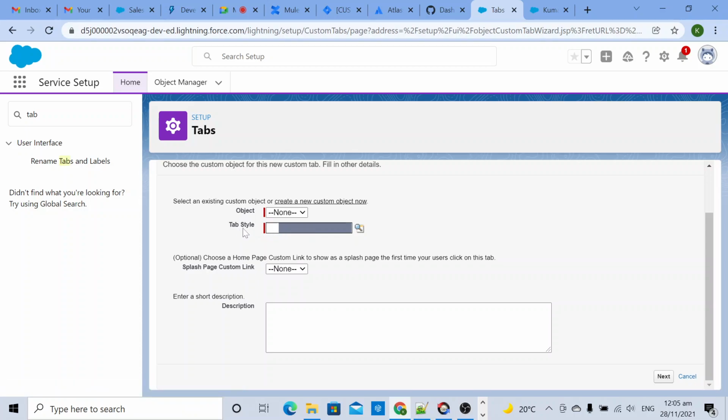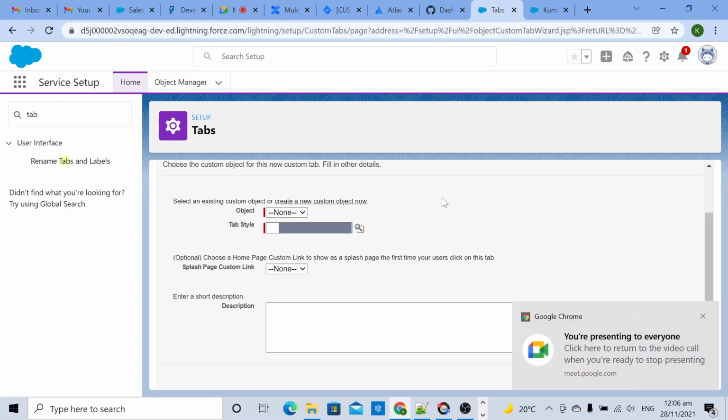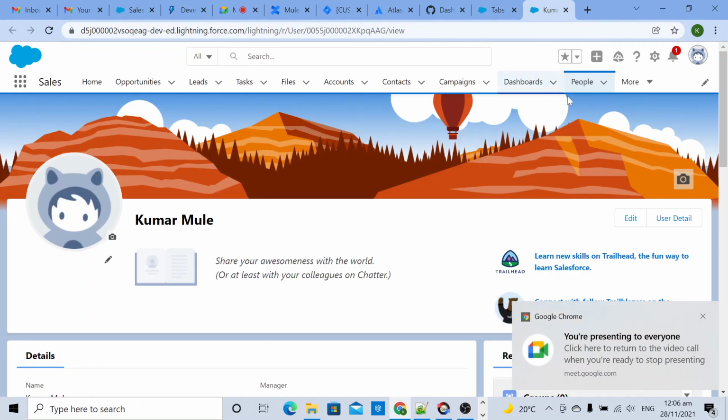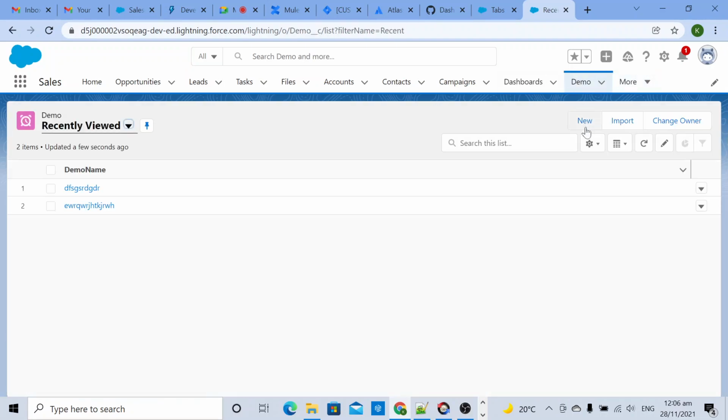And then in the tab style sheet, you can add any style or you can keep it blank and leave it default and click on Next. Once you are done with this tab, you will be able to see that tab here. So select that particular object from this tab.